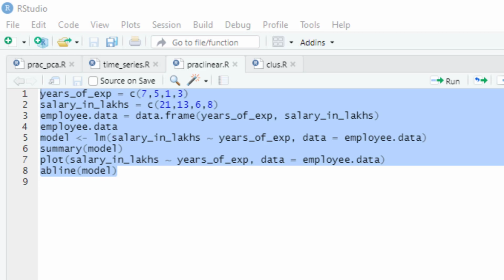So we try to find a linear function that predicts the response value, that is y, as accurately as possible as a function of the feature or independent variable.